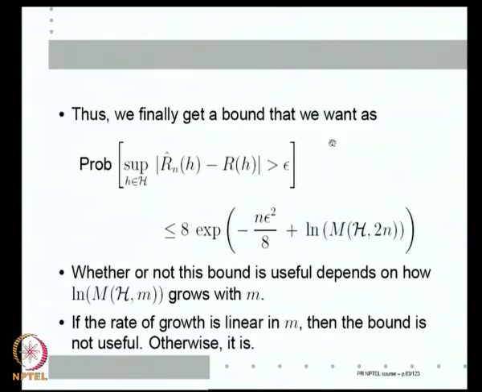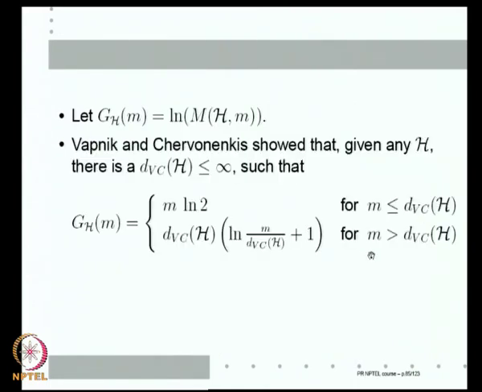This is how many examples. If I need to calculate n so that this is less than delta, that will tell me the uniform convergence holds, that will tell me how many examples I need before r hat n h is close to r h for every h in my family. Now, this depends on the VC dimension. So, by looking at this bound and what we know about how this ln M h m can go,